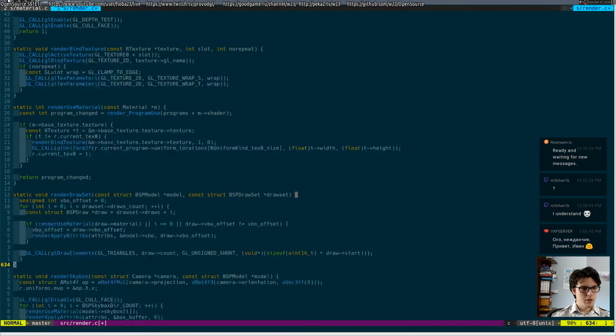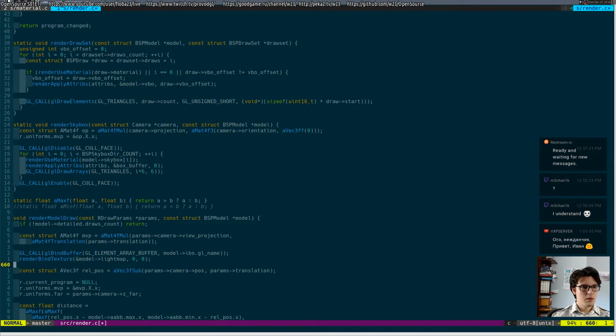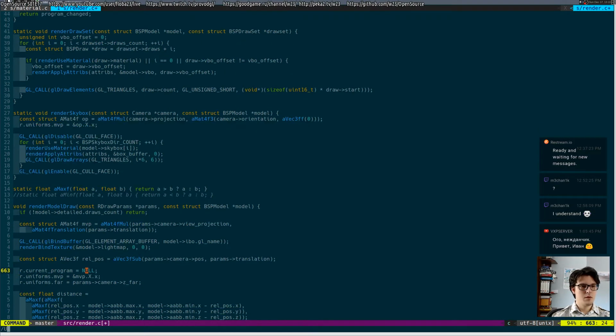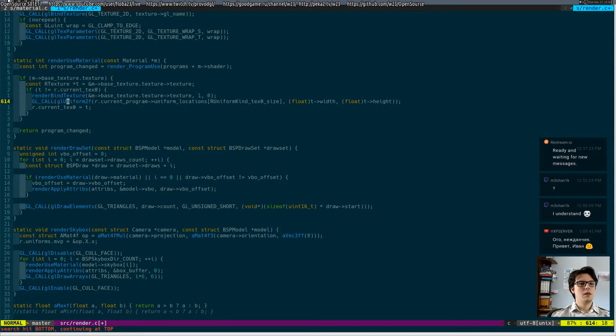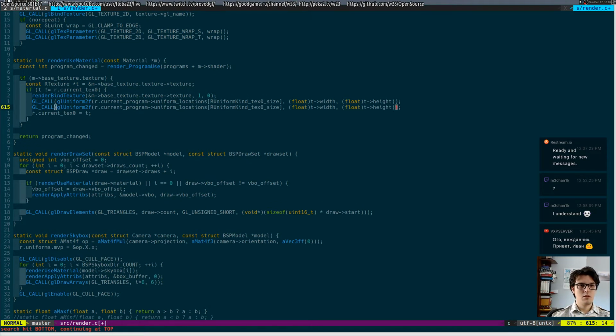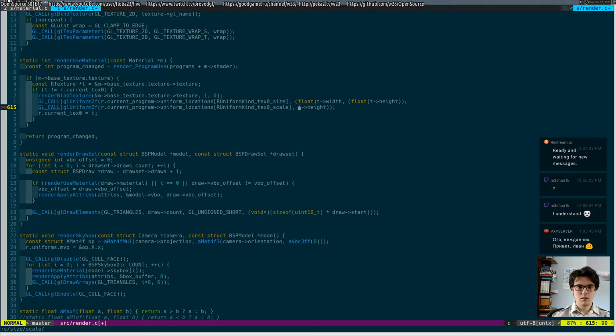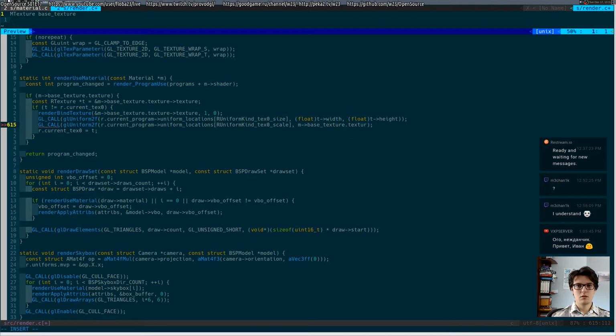And I don't remember where I do that. Probably in render use material. Use material. Yeah. Uniform 2f. Size scale. This goes away. I replace it with m_base_texture transform